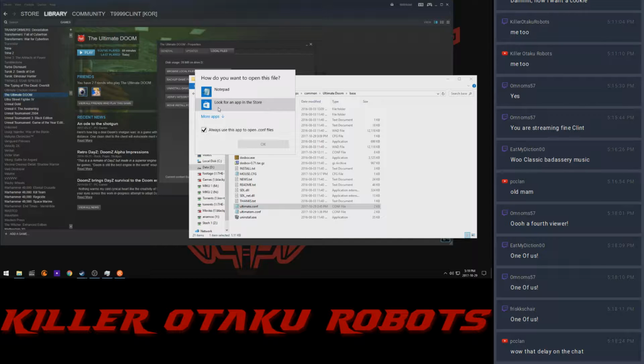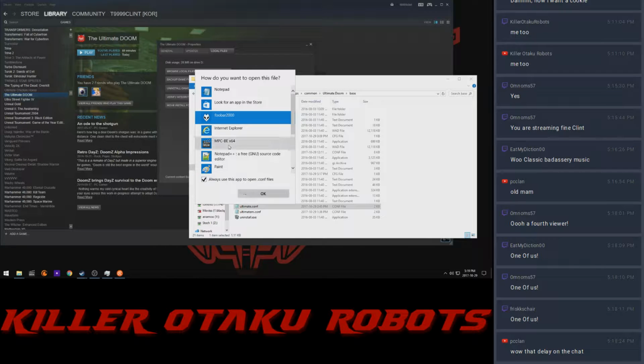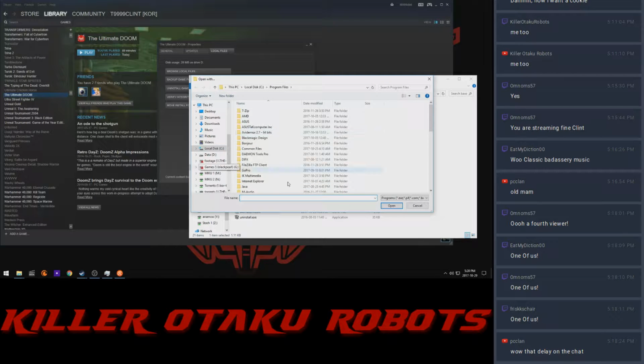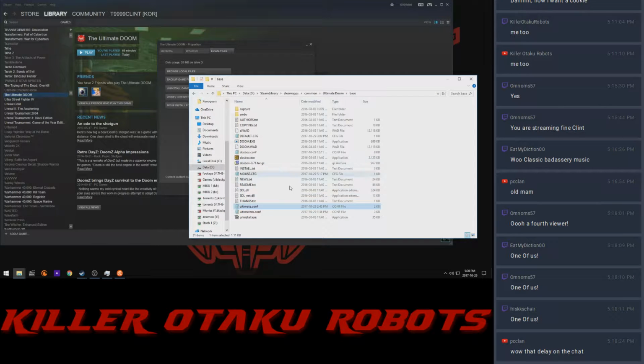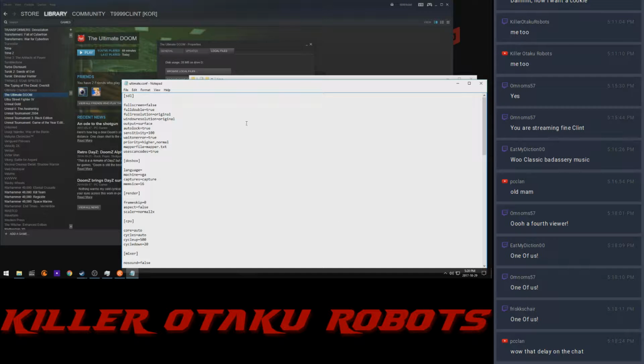Tell it, usually it doesn't show Notepad on here. It's only because I have it on here. Windows 10 is dumb. And Notepad usually shows up as an option. If it doesn't show up as an option, you could just type in, actually no, it'll show up as an option. There's no point in browsing around that. Anyways, so once you have Notepad open,